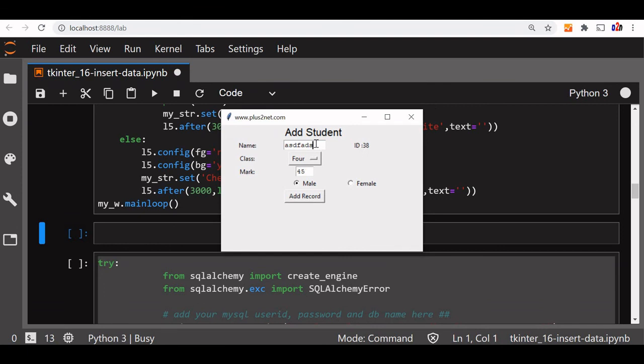To confirm that, if I add one more record, let me say 30 something, I just changed it, mark also changed. Now the next ID will be 39. So let me add that. You can see the 39 record has come. One step we missed here. After successfully adding, we don't want to show the message again. So all this should vanish. That part we will add next.